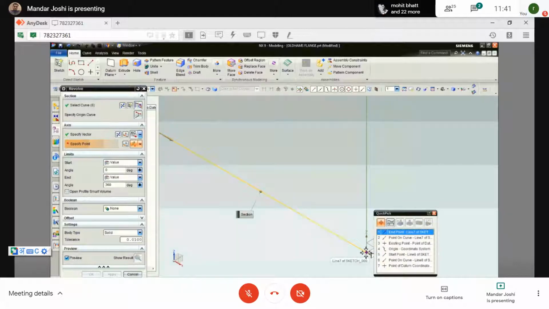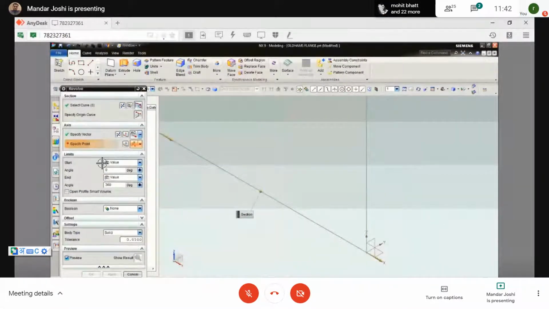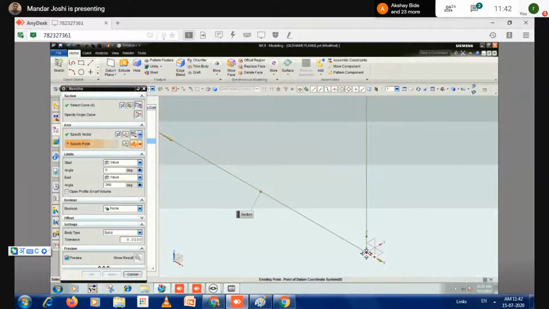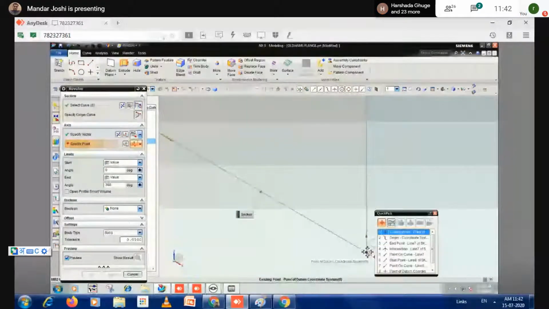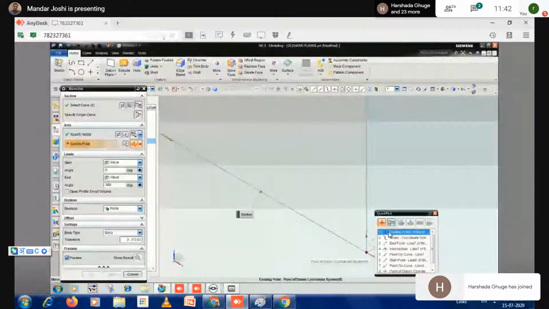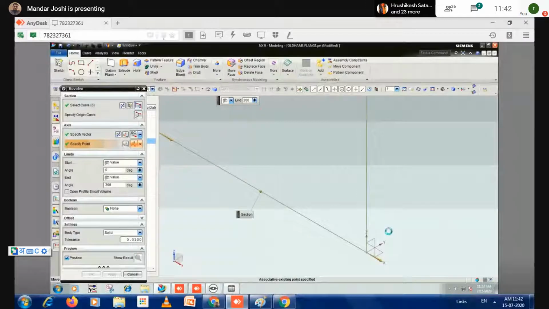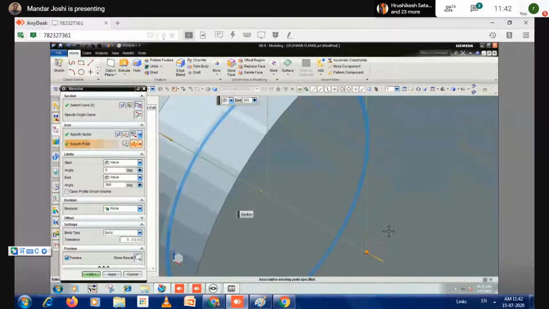Okay, I will repeat the process for selecting the point. In the specify point option, the drop down list, I have to select this invert point option. This is the specific snapping and this is the invert point. And for invert point, you have to activate this filtration on. Object snap filters should be on properly. And once you turn on that setting, then you can select here this point. It will snap automatically to that point. Then click on this. Because multiple points can be generated from that, you have to select the appropriate point from the list. After that, the axis is defined.